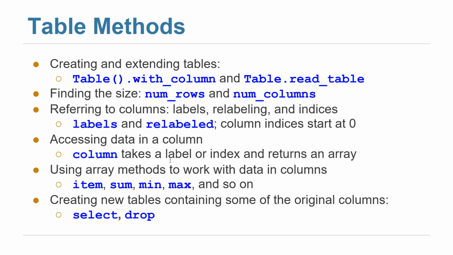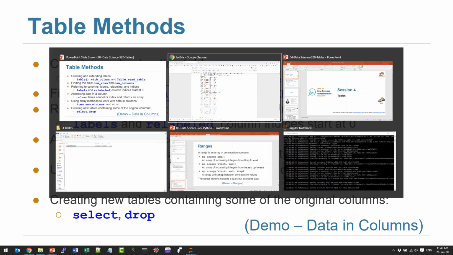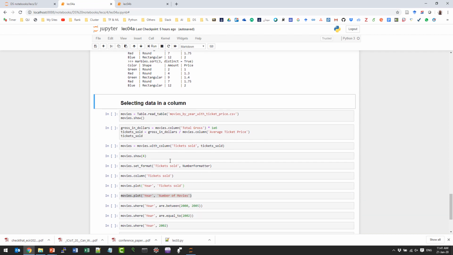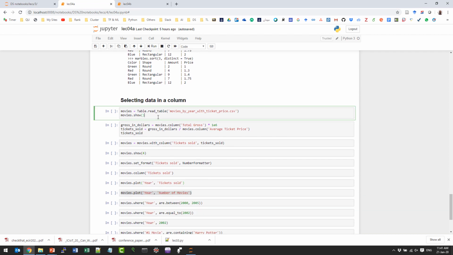Creating new tables with some columns, we can use select and drop as we saw before. Okay. Let's go through this quick demo about selecting data in a column. So this is a data set that